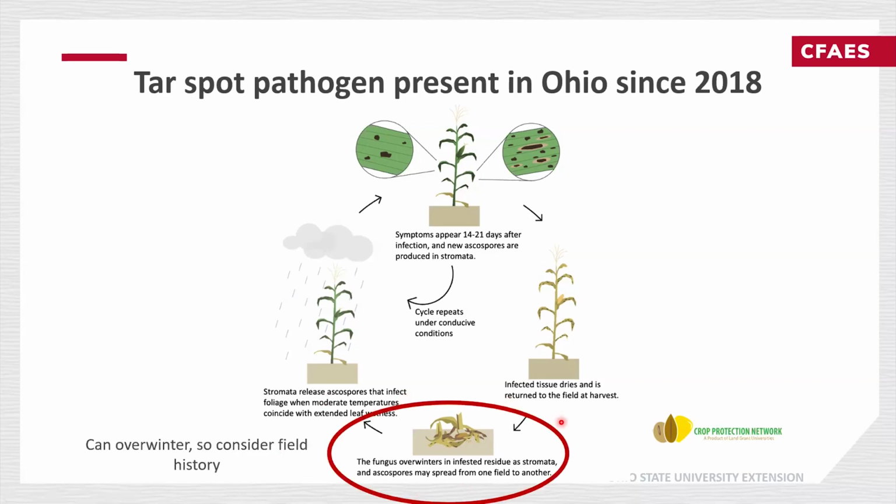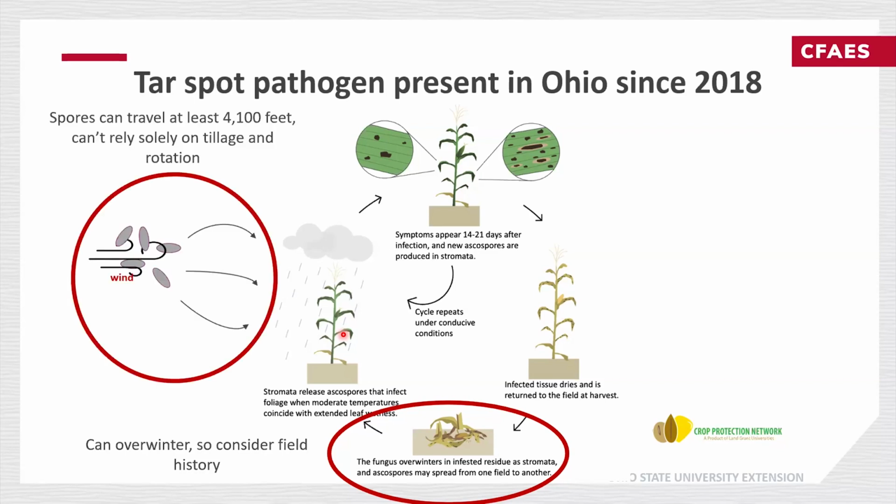And the tar spot fungal pathogen, though it's native to Latin America, where it actually works in tandem with another pathogen, here it infects as a single pathogen and can overwinter in our cornfields in Ohio. So it survives in the soil and crop residue, and then the following season, if we have the right conditions, so having that moisture and high humidity levels, those spores can then infect the corn plant. So we can have those spores being splashed up from the surface,